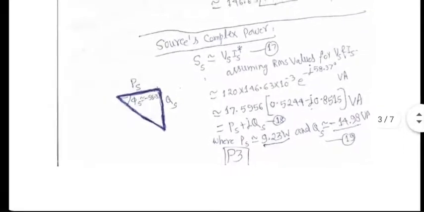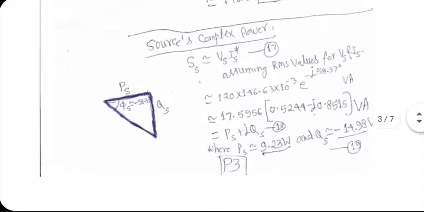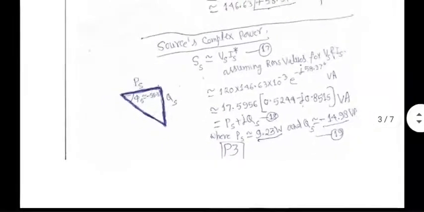Basically, you take Vs and you take Is, complex values. Then take the complex conjugate of Is and multiply with Vs in the complex domain. One half will be required if you are dealing with peak values of Vs and Is. Otherwise, you don't need one half in the beginning. So do the math carefully before you decide whether Q is negative or positive and what are the actual values for P and Q. Then sketching the power triangle is the last step, which is based on the numbers that you got.